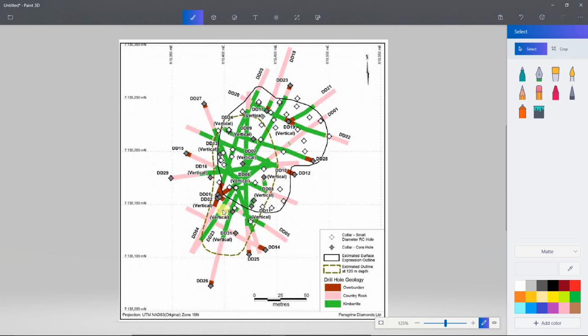So it's right where this DD30 text is. So maybe I can just write something there. Maybe a little X there. Okay. So that's where the coordinate system is. Now, what do we want to look at? Well,